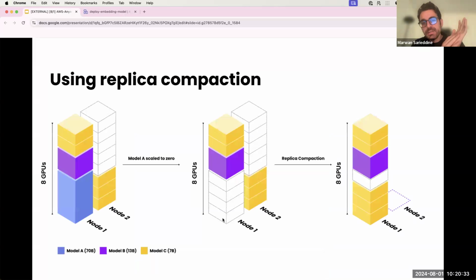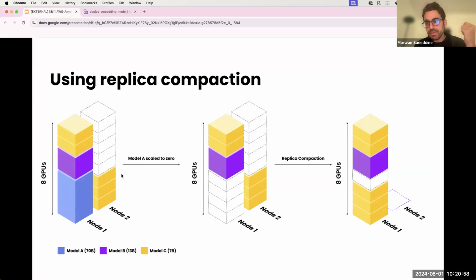There are many Anyscale cost and performance optimizations that are enabled for me by default when I deploy on Anyscale. Here I'm going to take the time to talk about one, which is called replica compaction. Usually, when I'm deploying to an Anyscale service, I want to deploy multiple models. In our case, when I'm deploying my embedding model, I probably also want to add a large language model to it